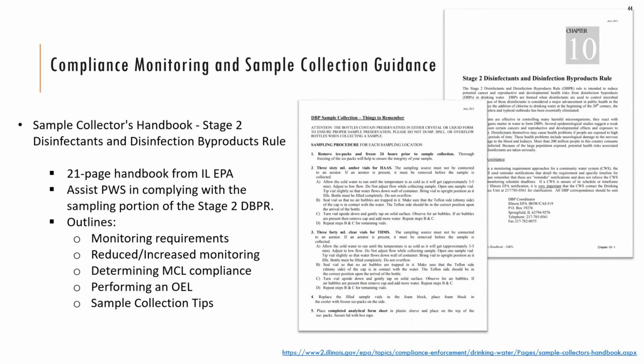On the slide, I have a screenshot of chapter 10, which focuses on the Stage 2 DBPR, but each chapter ranges anywhere from 10 to 21 pages and provides a very good outline of each regulation. Some of these are Illinois specific, but a majority of the information found in here includes the federal regulations. There are various state agencies that have very good DBPR resources, which, again, I couldn't cover today. So I do recommend you check with your state agency to see if they have any resources of their own.